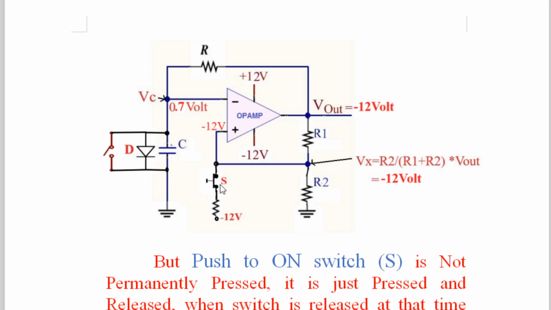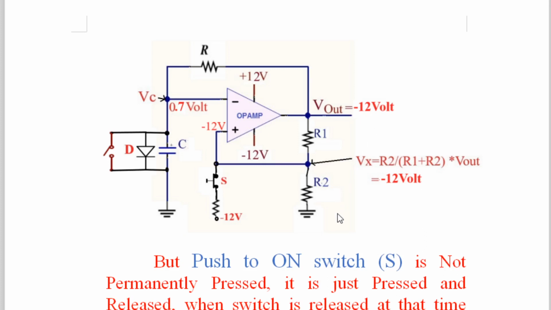Now as soon as I press the switch, this goes to minus 12 volt. As soon as this goes to minus 12 volt, the op-amp will compare the voltage at inverting, 0.7, with the voltage at non-inverting. The moment the op-amp compares these two, it observes that the voltage at inverting is greater because it is 0.7, while the voltage at non-inverting is minus 12, below 0. And the op-amp immediately throws the output to minus 12 volt. In this way, just by applying the trigger pulse, you succeeded in changing the monostable's permanent stable state from HVL to LVL.